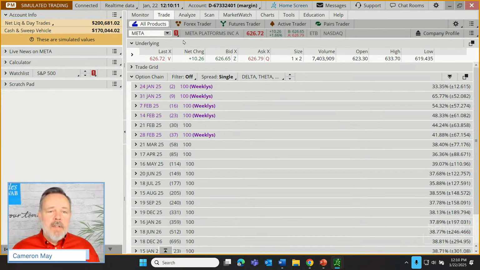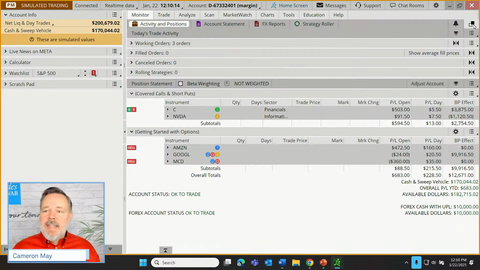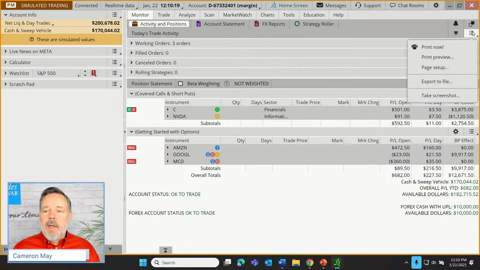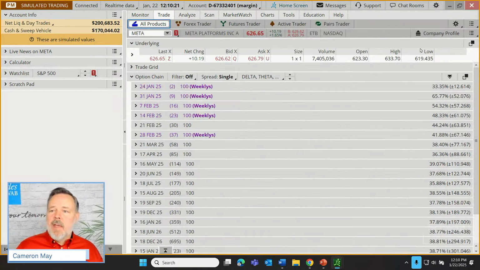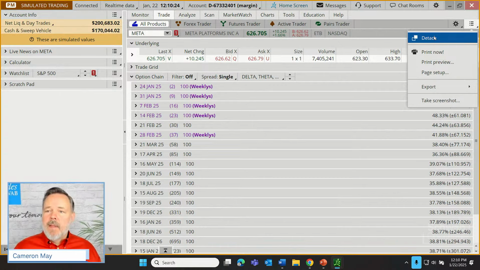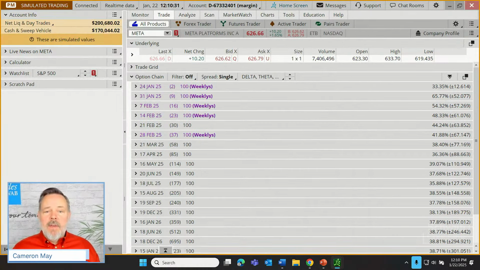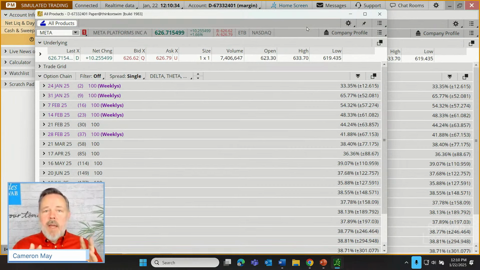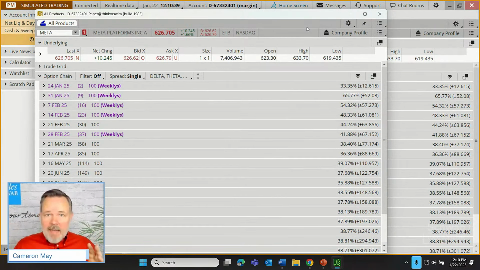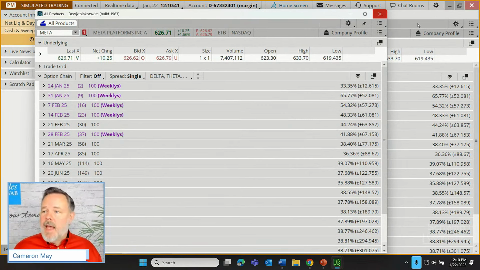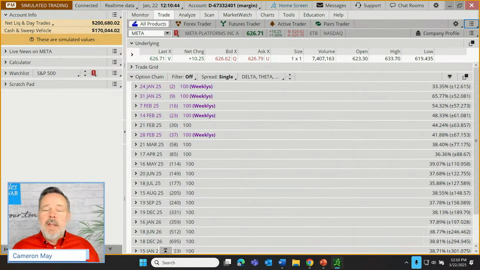So this can be done really just, again, look for a pair of squares like this, or you can look for the word detach in a menu. Let's see if I can find an example of the detach right there. There we go. Click on the menu. There's our little squares. I can detach all of the trade tab and move that over to a screen. So now I have all kinds, and this is really quite helpful for those that like to move quickly from one screen to the next without losing sight of the last one. That's the third way to do stuff faster on Thinkorswim.